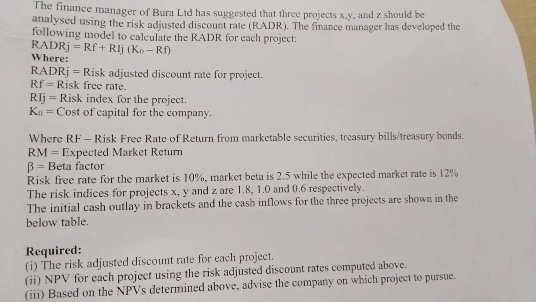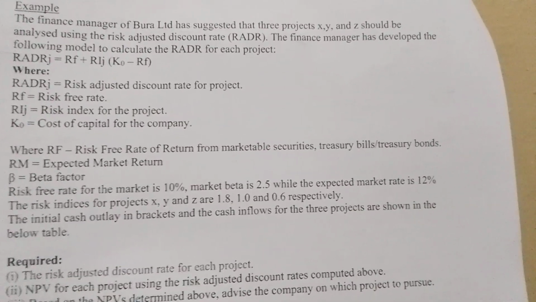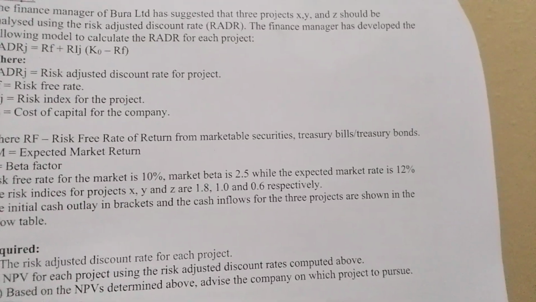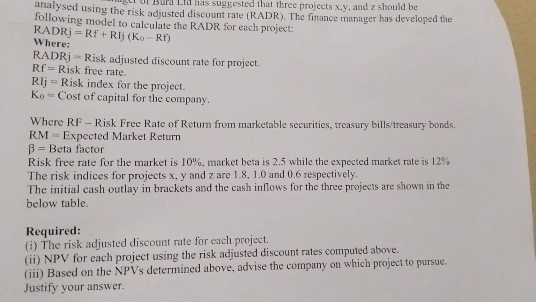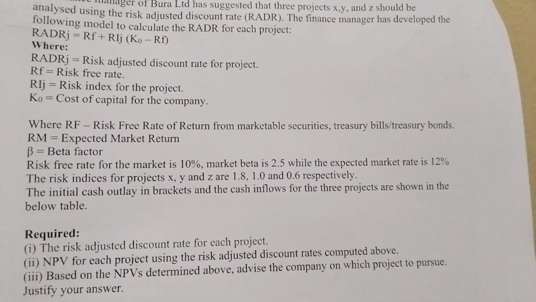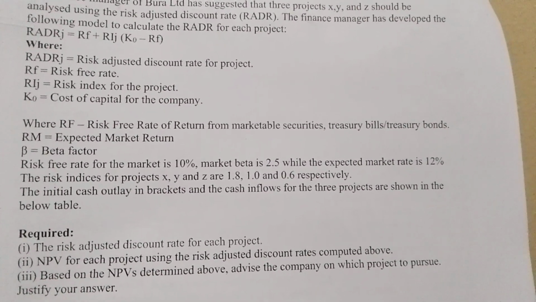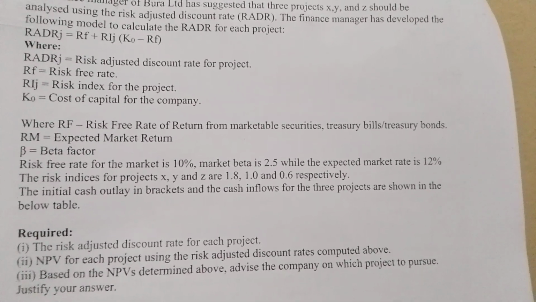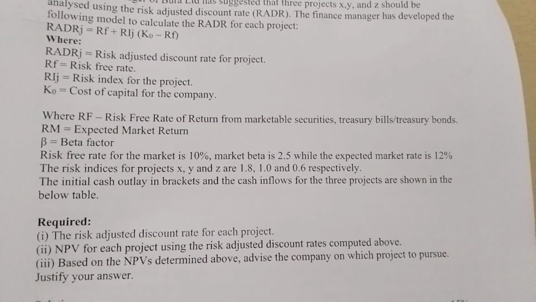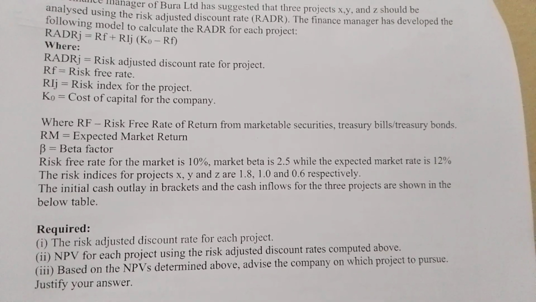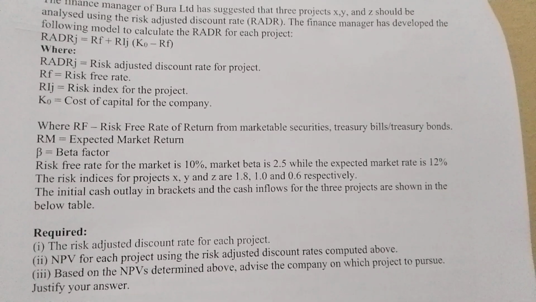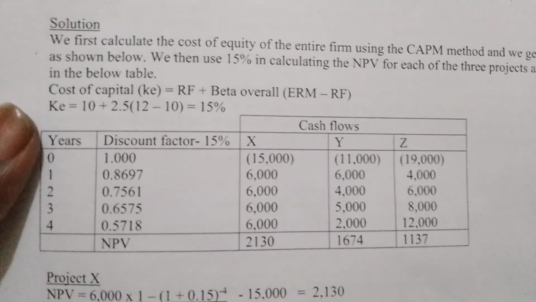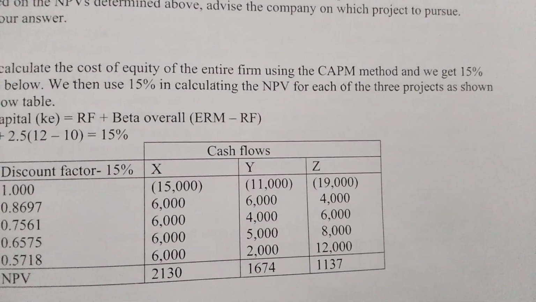Market beta is 2.5, while the expected market rate is 12%. The risk indices for projects X, Y, and Z are 1.8, 1.0, and 0.6 respectively. The initial cash outlay in brackets. So the initial capital outlay in brackets, what you mean is you can see there cash flows for X, Y,